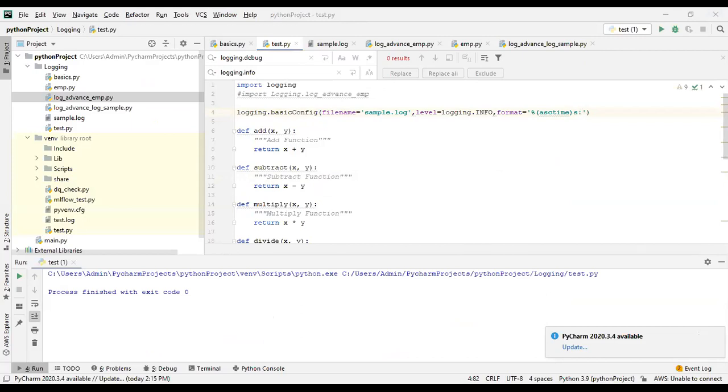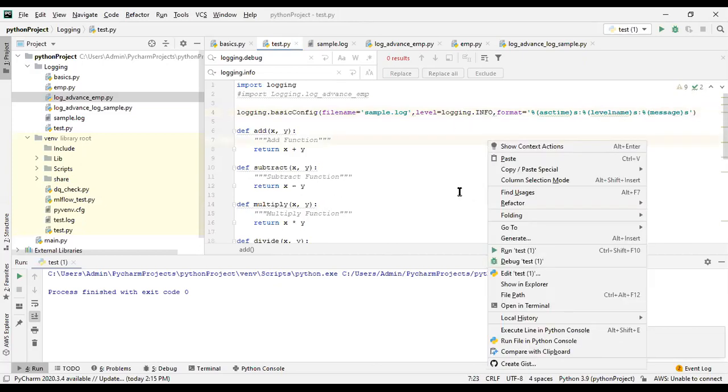Now I want to print the level information, the level name, so I'm taking it from the same place and keeping it here. Again, I want to see the message, whatever I want to log into the file. So this is the information you will be able to know if you format in this way.